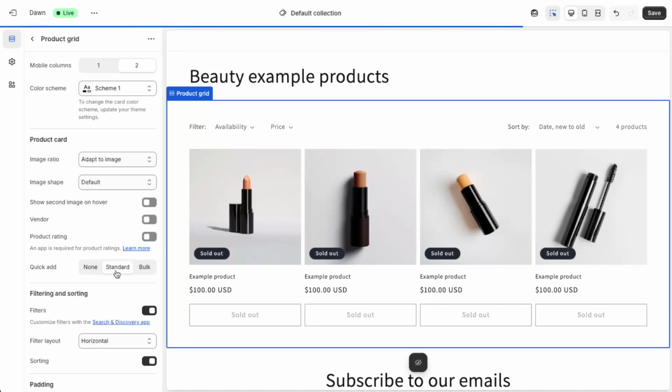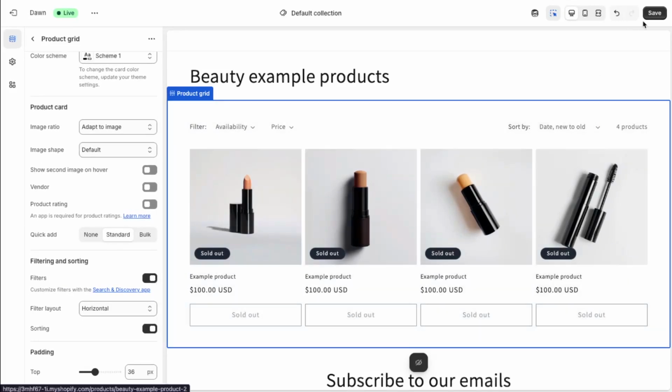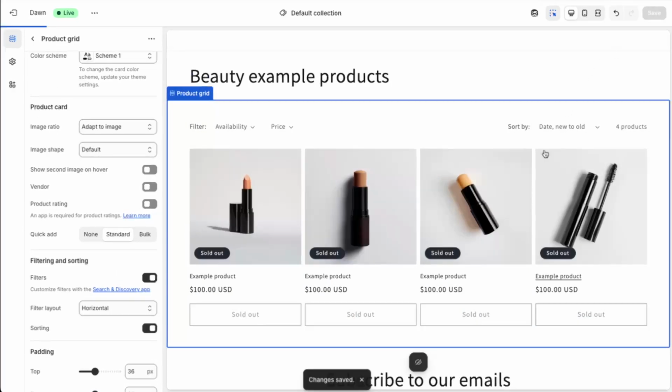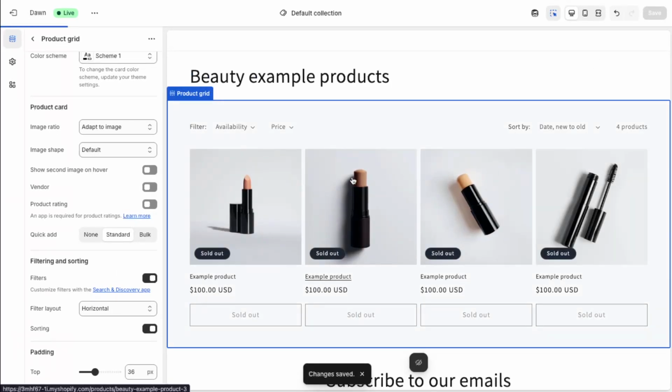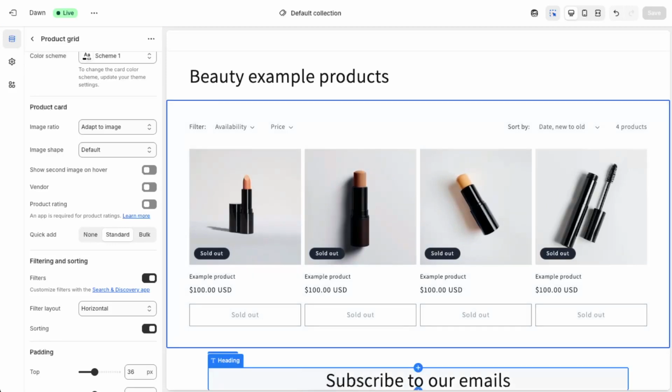Click on Standard to enable that Quick Add behavior, which effectively adds an Add to Cart style button directly on your product grid items. Once you've made that change, go to the top right corner of the theme editor and click Save. Give it a moment to apply the update. After saving, your collection pages should now display an Add to Cart style Quick Add button, making it easier and faster for your customers to add items